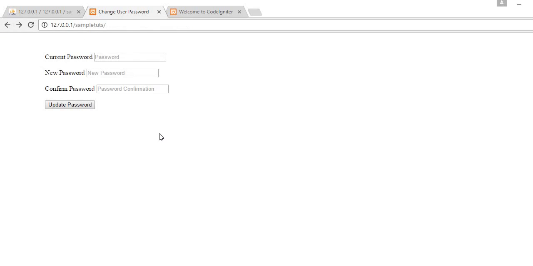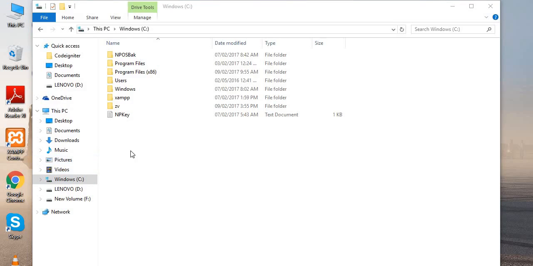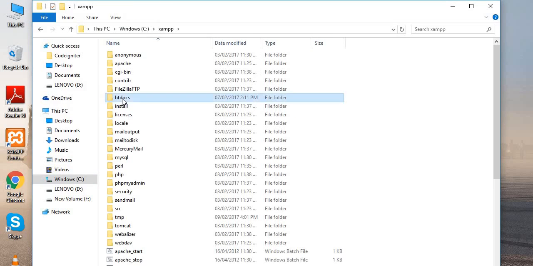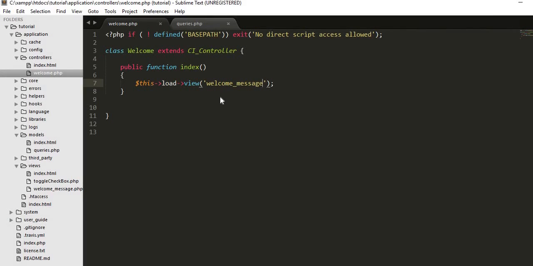So for that you need to download a CodeIgniter package from the internet. I have already downloaded it. You can easily download it from the net. I have downloaded CodeIgniter 2.2.6, and once you have downloaded the package, you need to go to your C drive. Inside C you will get a XAMPP folder, and inside XAMPP you will get htdocs. Inside that you need to paste that folder with whatever name you want. I have named it tutorial,